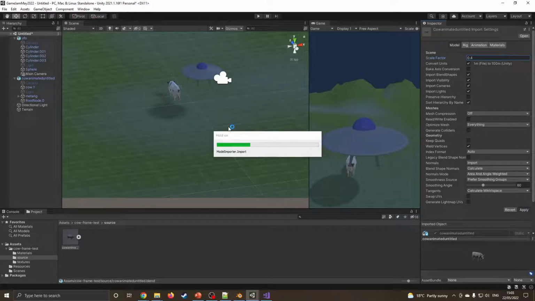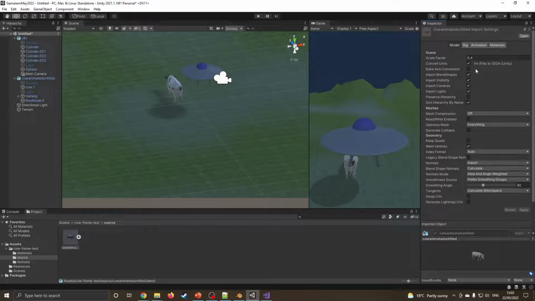Takes a little bit of time. The reason I'm doing this is because if I want to duplicate this cow later, it will remember how big I want this model to be. Oh, I went the wrong way, didn't I? 0.25, let's do that instead. Okay,